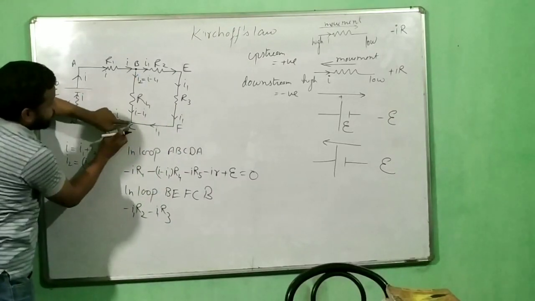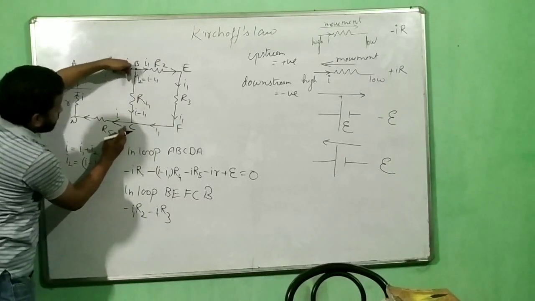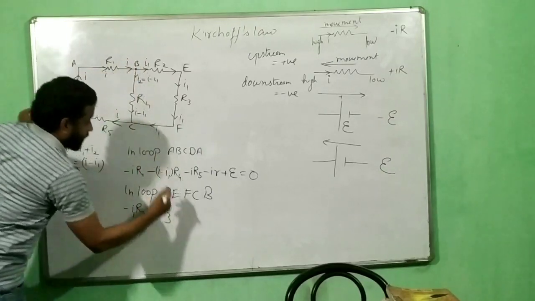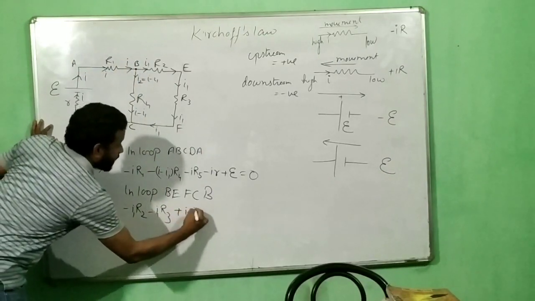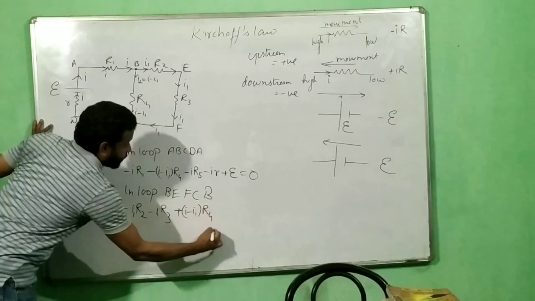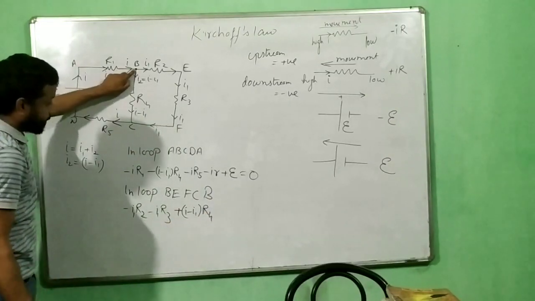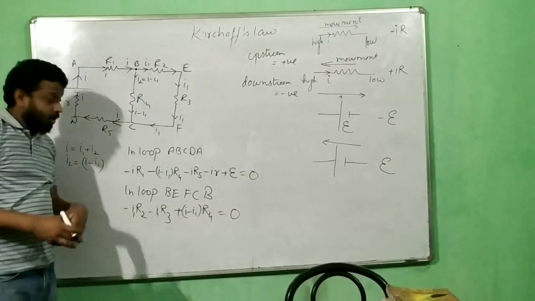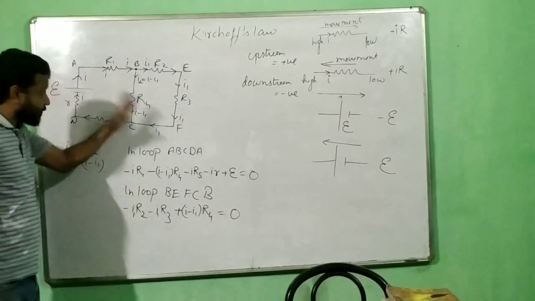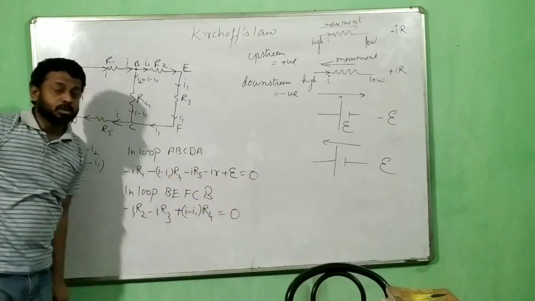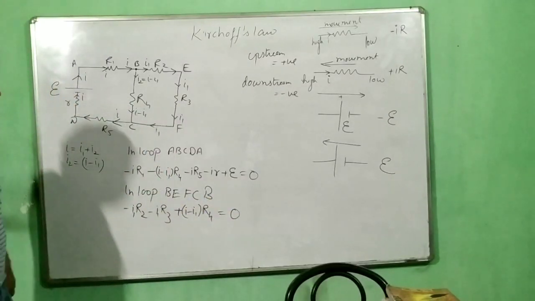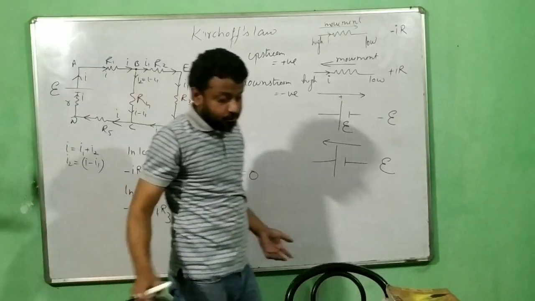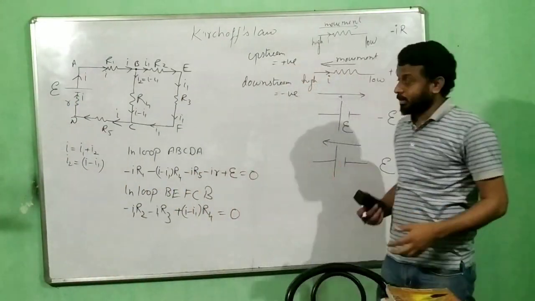Now from C to B, the current is going like this. You are going from C to B, so you are going upstream. So plus (I minus I1) multiplied by R4. And you have come back to point B, and that is equal to 0. You may get a battery or a cell or you may not, that's no problem. Whatever you are getting, all will add up to 0. So this is how we write two equations. With the numbers given in the question, you can start solving the simultaneous equations to get the values of I and I1.